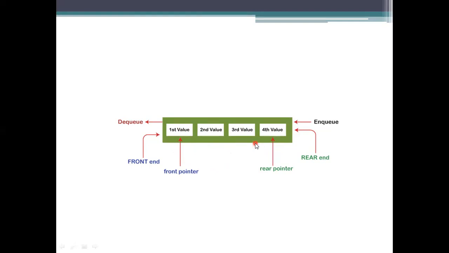If it is full, then there are no circumstances to allow an element into it. How are we stopping that operation? We will select the value to be compared with the size of the array or the size of the structure, and we will mention overflow, likewise in the previous example. So overflow will be specified here.